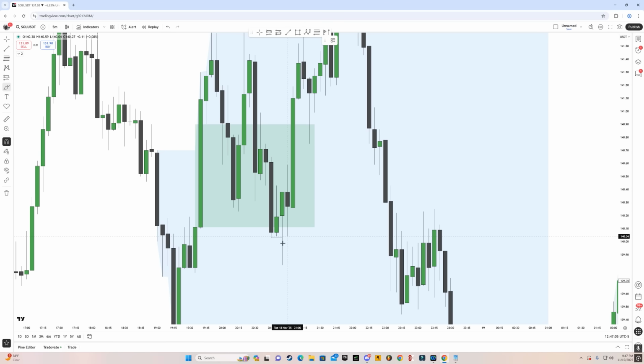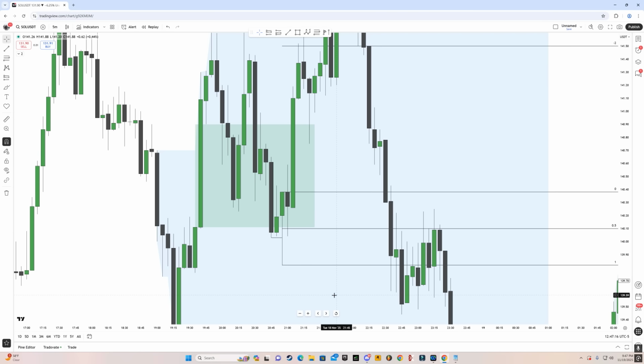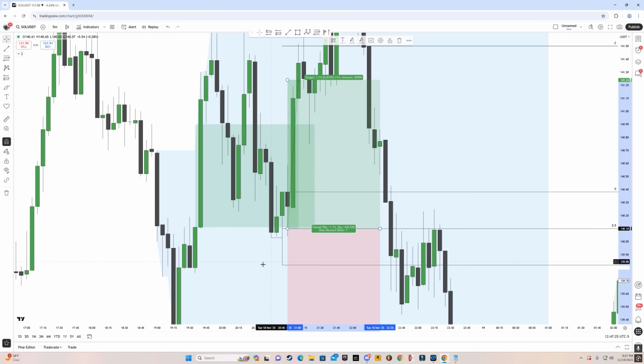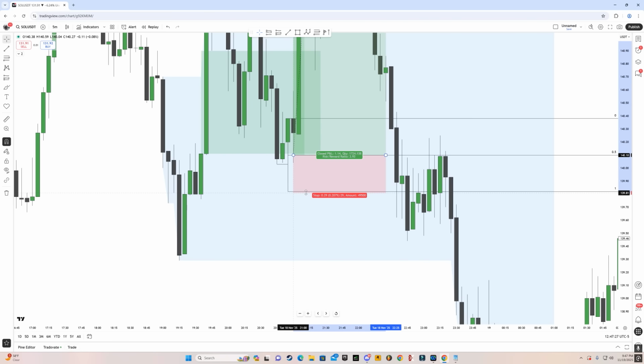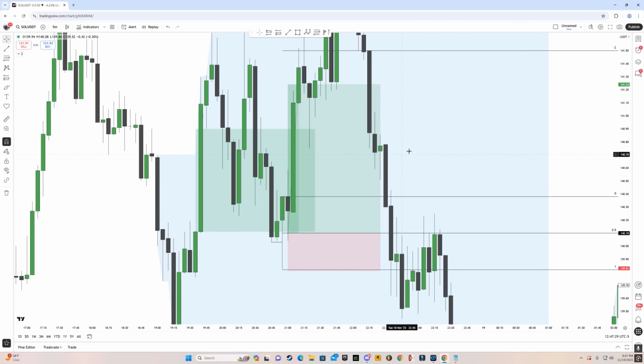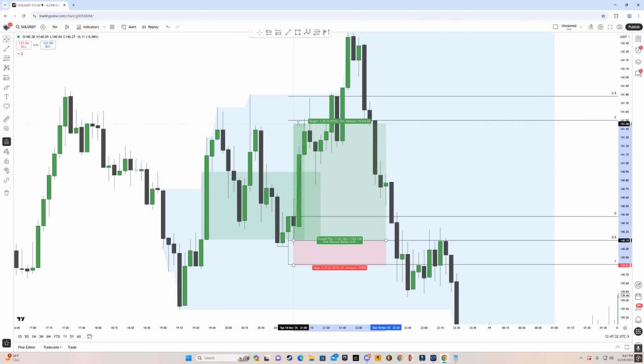Now, what is this indicating? Well, absorption of sellers, a big buy limit order here, absorbing all the market sellers. And again, you could have chosen a 50% entry zone or entered below the opening price or aggressively here. It doesn't matter. The 1 to 2 is guaranteed. So let's say you took your entry here. You had your stop right below the low. And you could have targeted the standard deviation, and that would give you 1 to 5 risk to reward ratio